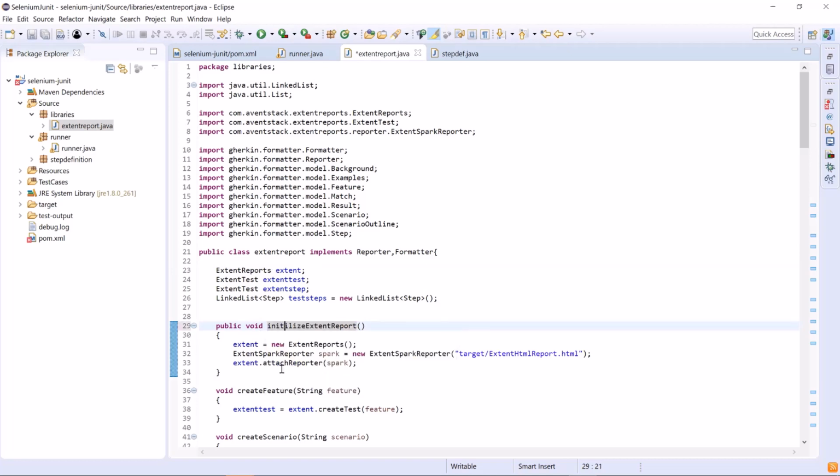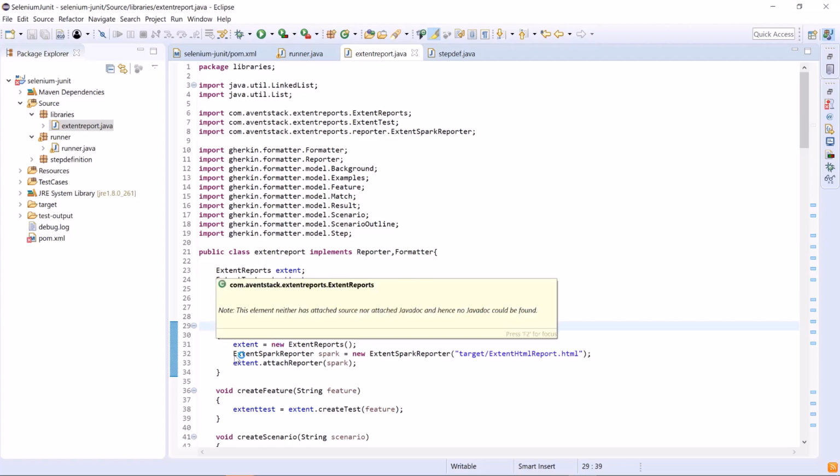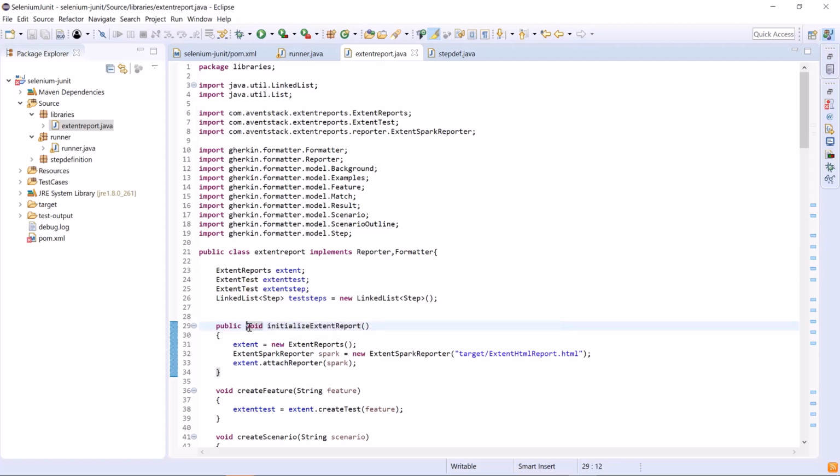So the next thing is to initialize the Extent Report. This method will be called inside the BeforeClass method, as it gets executed before any test, and we'll declare this method as static so that it can be called without initialization. And then we'll change the Extent Report object to static as well, so that it will be the same object for each test.